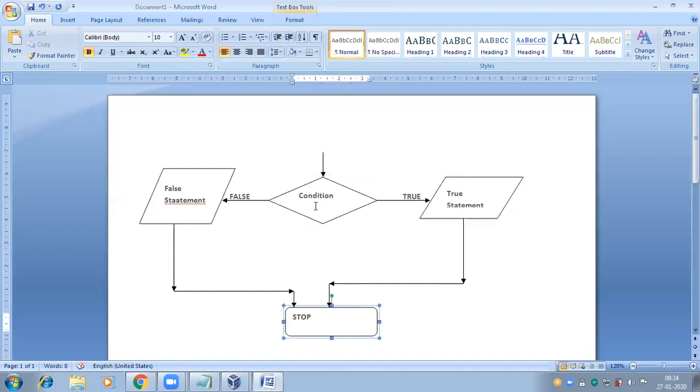If the condition fails, the false statements will be executed. So this is the functionality of the if statement. Got it, Divya? Yes.